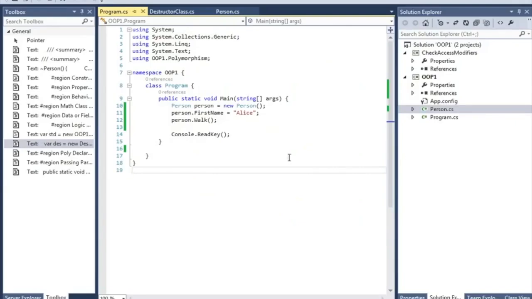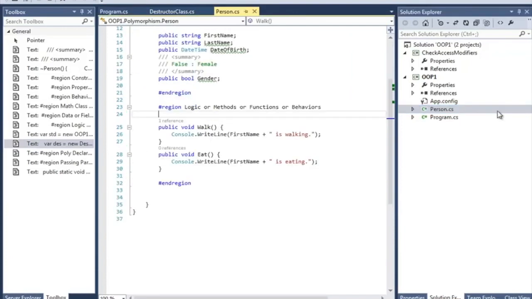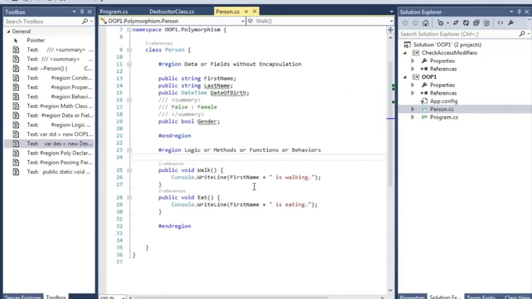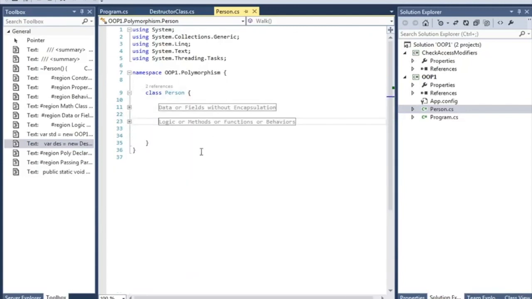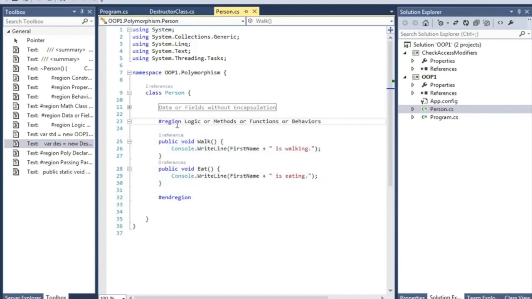Here I'm in Visual Studio. We could go to our person class, and I have separated my person class with those regions. I really like to separate my code and use regions, and you could separate your code like this. I will show you. You could do it by Control K and then S. Then you go to Visual Studio and go to region, and then I'm going to say destructor, because you can have only one or zero destructors.